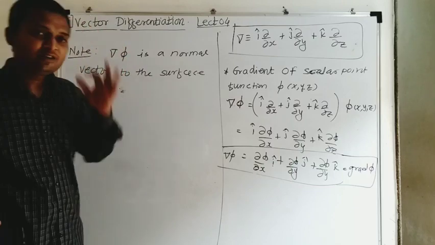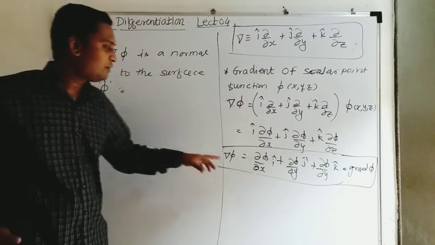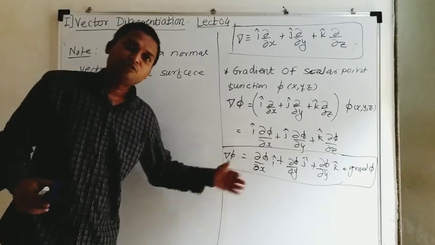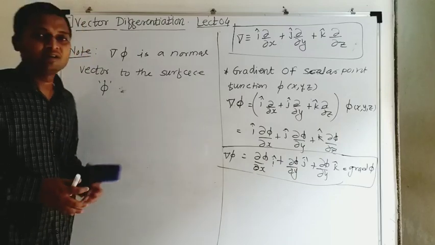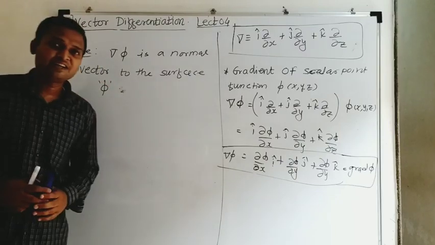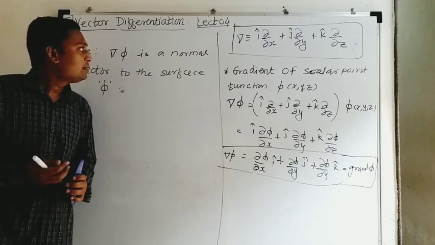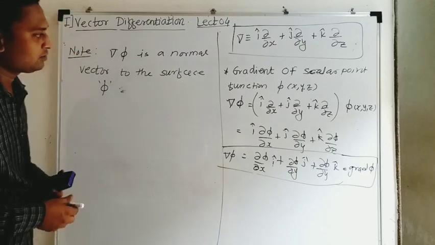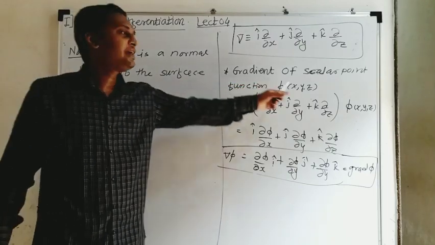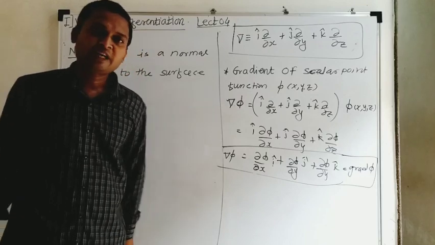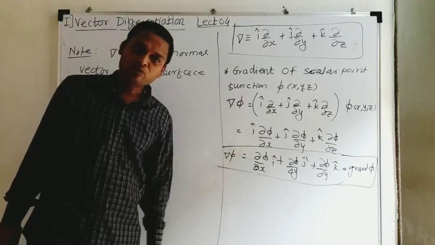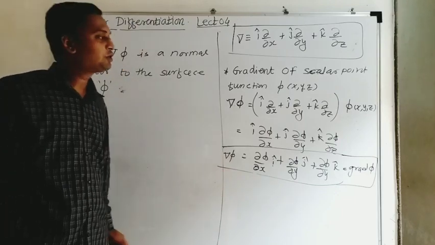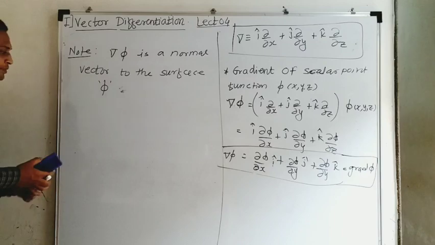And if you want to calculate the normal vector at any particular point, just substitute the values of x, y, z of that point in the obtained gradient. You will get the normal vector at that particular point to the given surface. So this is the geometrical meaning of the gradient of phi. The gradient of phi helps us determine the normal vector to that particular surface. We are going to use this gradient concept in the coming topic, directional derivative. So one must know how to determine the gradient, and one must know the definition of the gradient and its geometrical meaning. Both are required.